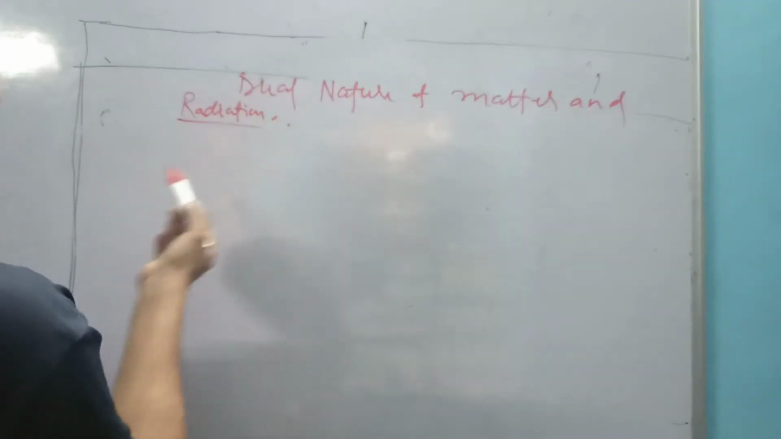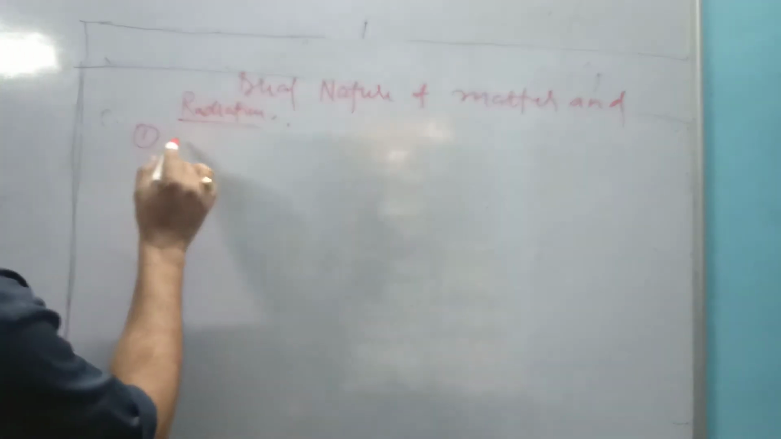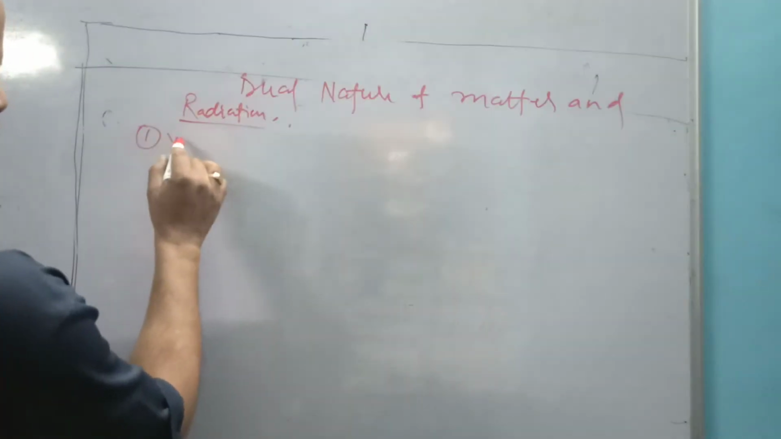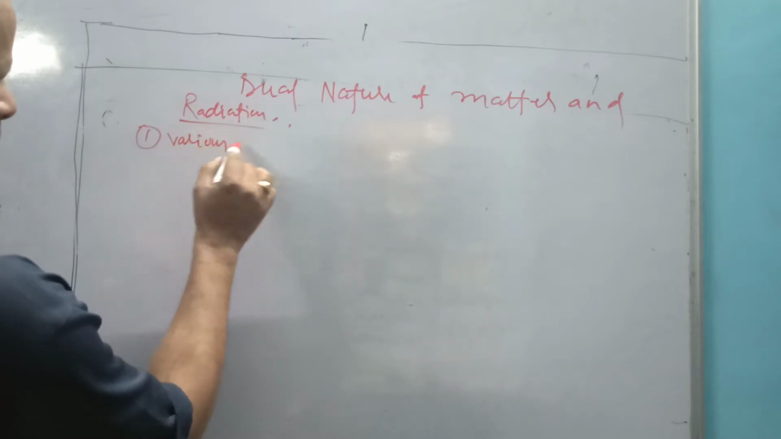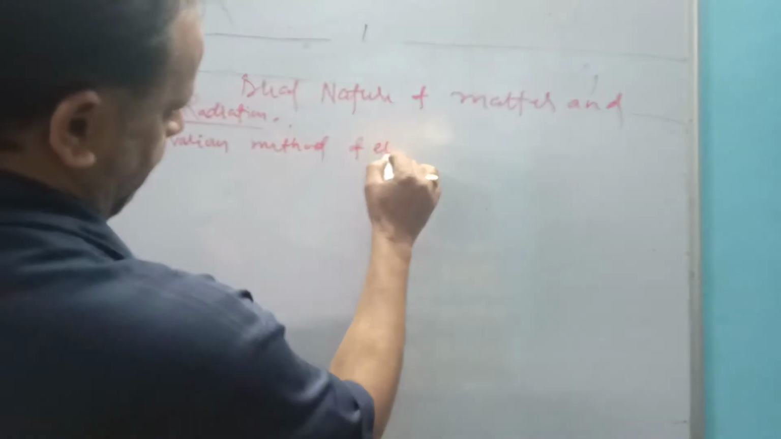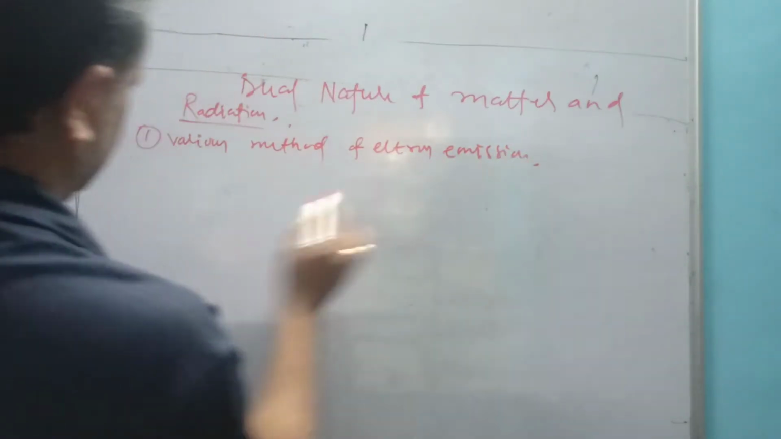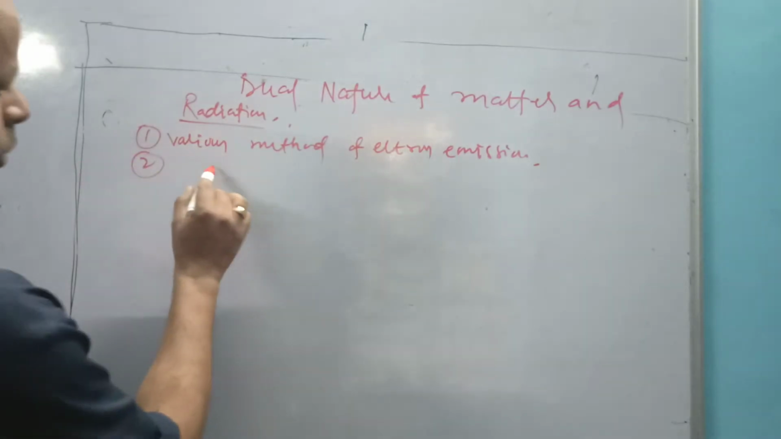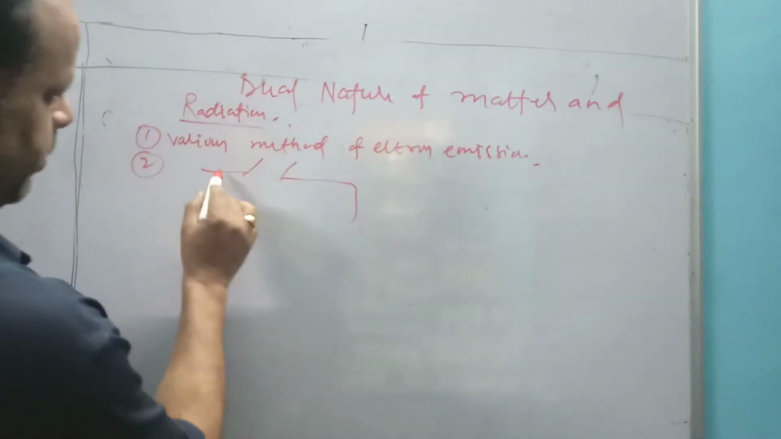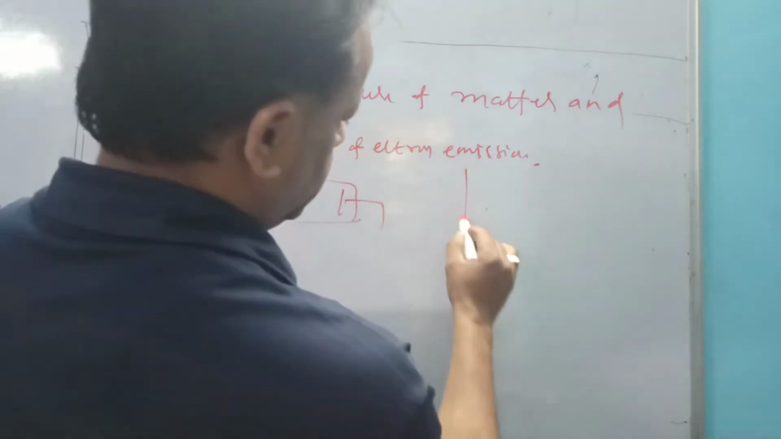See, in this topic we will study about various methods of electron emission from the metal surface. Then in the cathode tube experiment we will study about variation in the